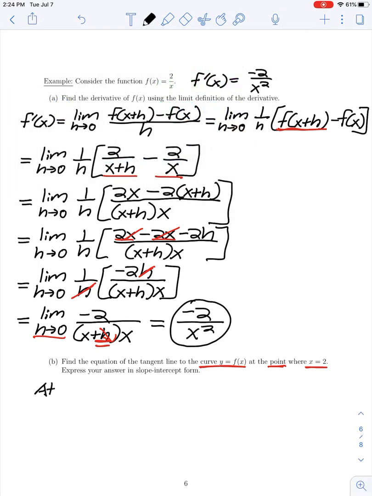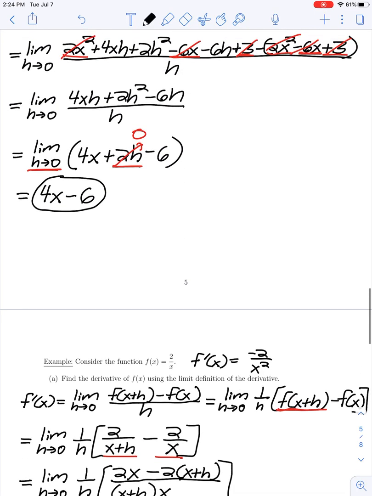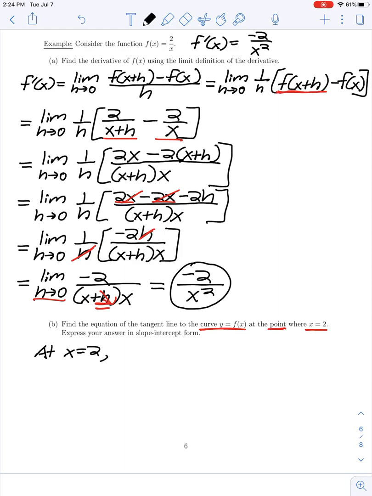So let's start by finding a point on our line. We would say at the point where x is equal to 2, y, since this lies on the graph of our function f of x, would be given by f of 2. Now our function was 2 divided by x, so if x is 2, we have 2 over 2, or 1. So we're looking for a line which passes through the point (2, 1),